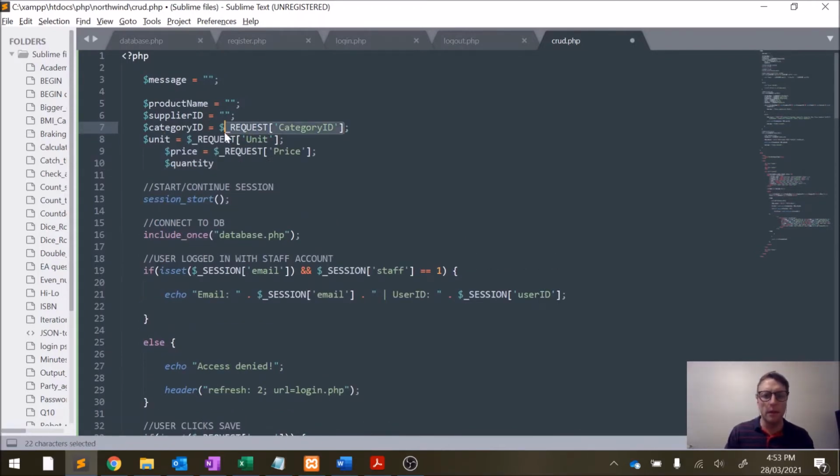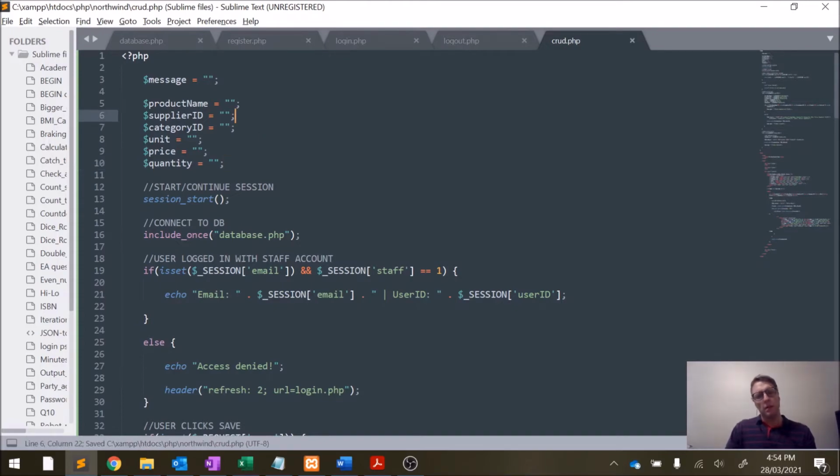And as I said, they're going to be initially set to nothing, or empty quotes, to initialize them if you like. And obviously, when the page loads, they're going to populate the form, but if they're empty, then it'll appear as if there's nothing in them,